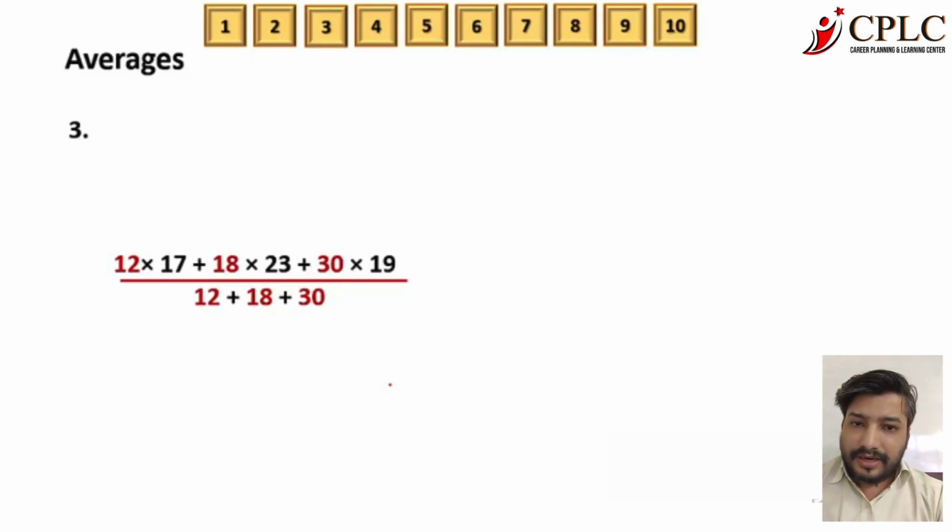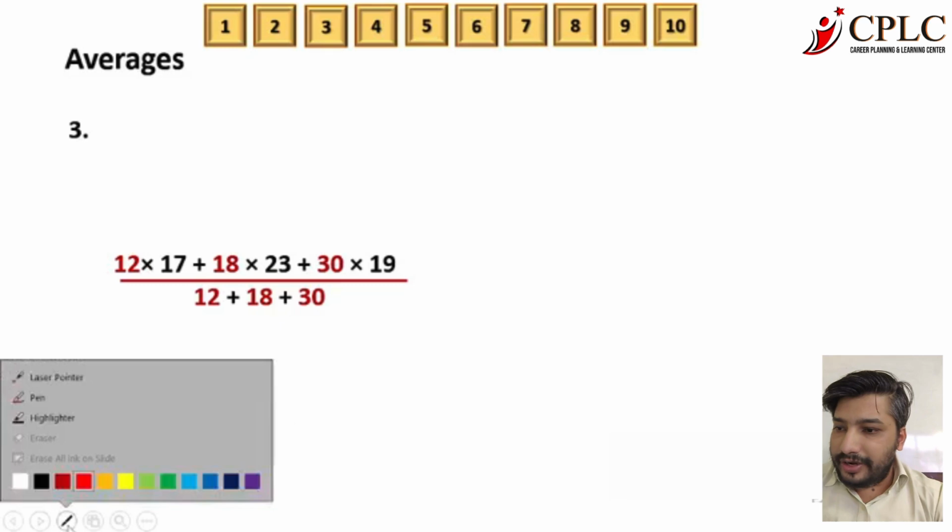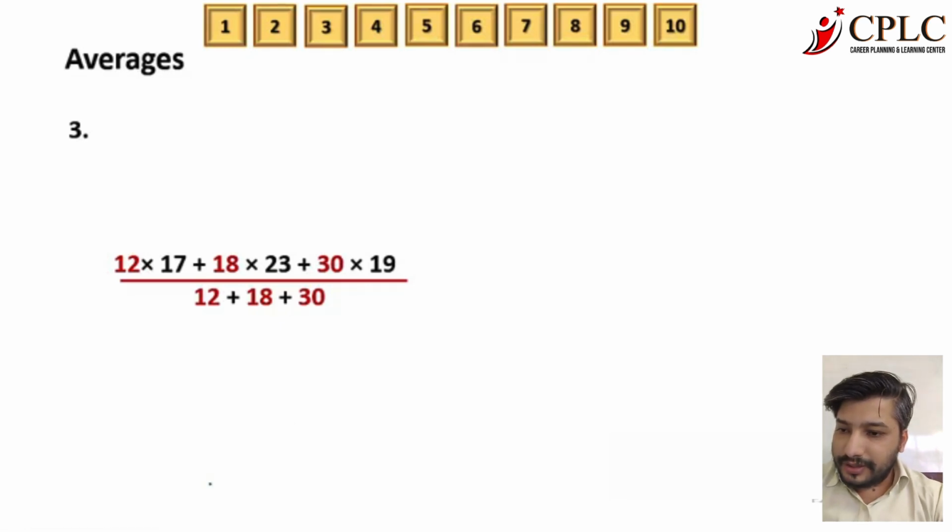Now comes the best part. What we can do here is reduce the calculation. Now how do we reduce the calculation? So let's use a slightly different thought process to reduce the calculation. If you remember, in the concept we have discussed one method called the method of assumed mean. We'll use that. So the prices that we are discussing are 17,